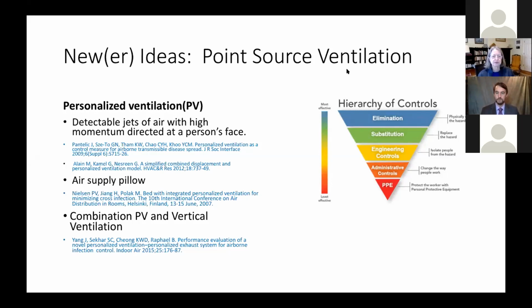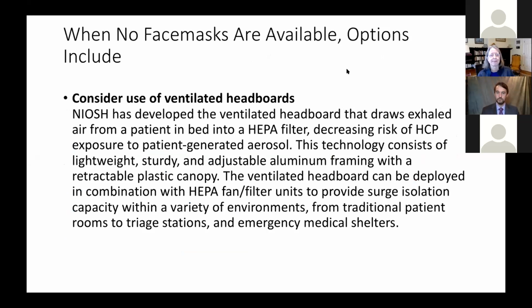There's a combination of personal ventilation and vertical ventilation. So if you can somehow suck the droplet nuclei coming out of an infected person, get them out of the way, then maybe they won't go out into the air. Obviously, in an intensive care unit, there are some practical issues, but that's what people are wondering about. For those of you on the front line who think, gosh, there's a great idea, sending ideas to the Innovation Center is a way to move ahead in this area.